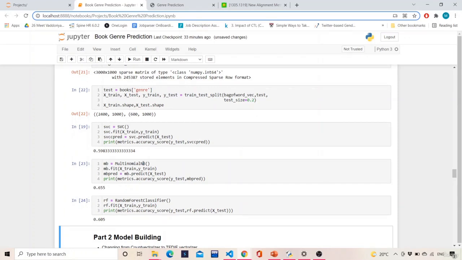So in cases of text, multinomial naive Bayes, Gaussian naive Bayes or linear models like support vectors also work well. But random forest classifier will not work well, because here you can see the keyword sparse matrix. A sparse matrix is a kind of matrix which has a lot of zeros.